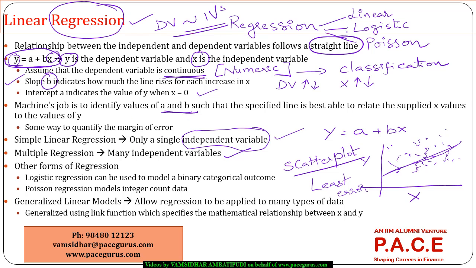And as I have already highlighted, there are various other forms of regressions also, especially if my dependent variable is a binary categorical outcome. If my dependent variable is a binary outcome, I can use a logistic regression. If my dependent variable is a count related variable, how many people die. So if it is more of a count related variable, I can use a Poisson regression. Now like this, there are many other forms of regression